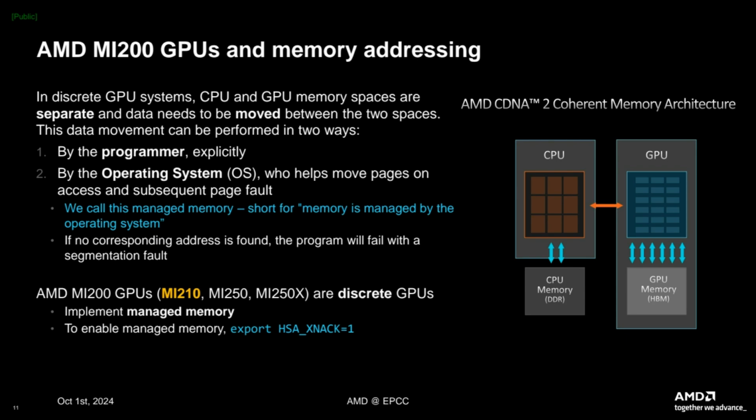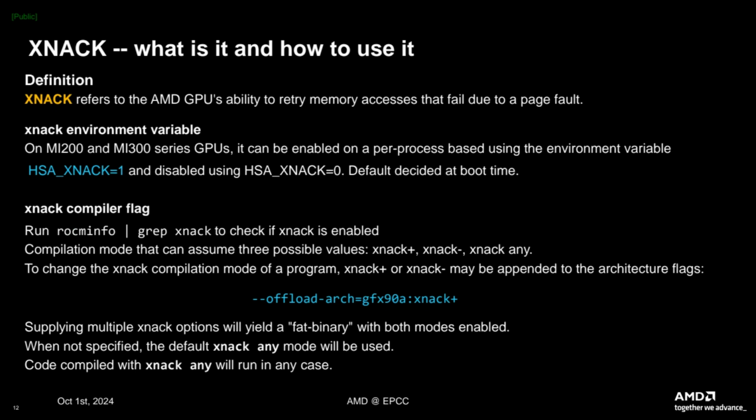And there are a couple of ways to enable managed memory. And just be aware that the MI200 GPUs have managed memory implemented, and specifically the one you have on ARCHER2. So one way to do that is by exporting this environment variable called HSA_XNACK and setting it to 1. So XNACK is defined as the ability of AMD GPUs to retry memory accesses that fail due to a page fault. So when you export HSA_XNACK and set it to 1, you're basically telling your GPU to